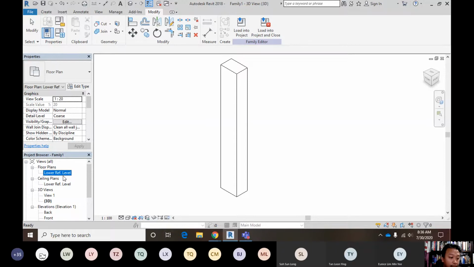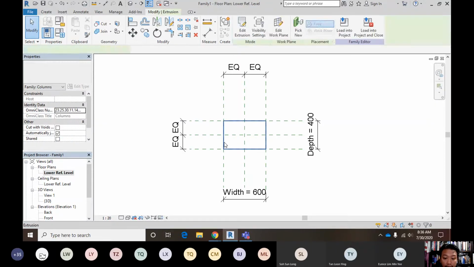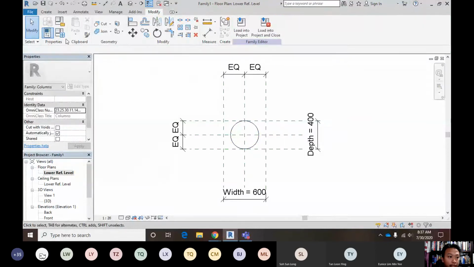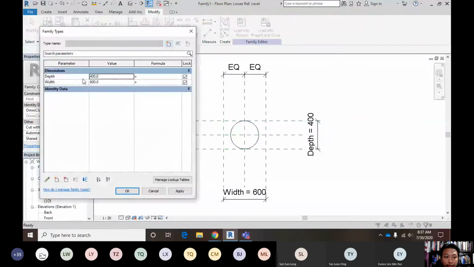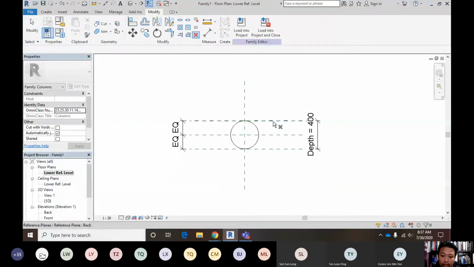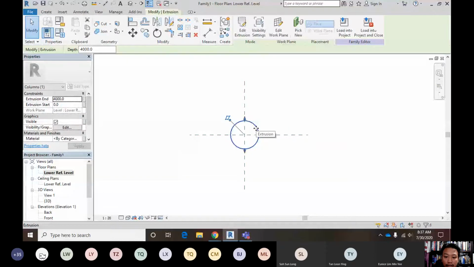So if you do a circular column, it's the same idea. Go here and then you delete the profile, and then you do a circular profile like this one. And then we want to change the parameters from depth to radius. So we don't really need this one. Just need the radius of this. So the radius,